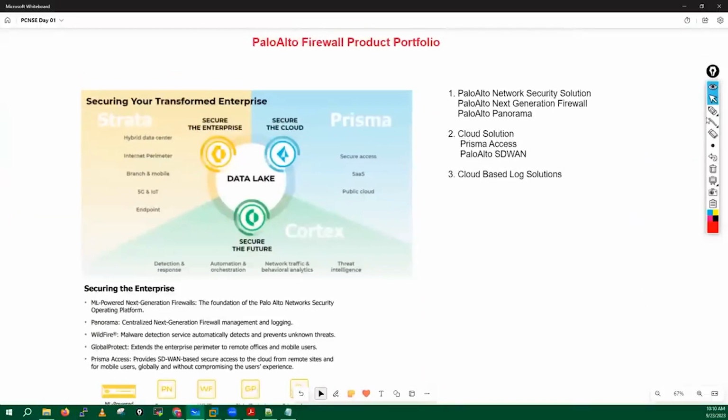So guys, if you see here, Palo Alto offers enterprise-based security appliances, cloud-based security appliances, and a logging solution as well. We can secure your data center traffic, internet perimeter, branch and mobile branches, your mobile networks, 5G and IoT, and endpoint as well. And that particular bin is known as Strata. And this particular bin,